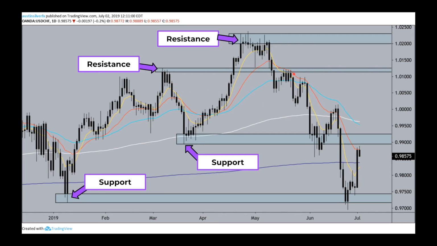You can see how these zones are used continuously, not once or twice, but more times than that, to show us the areas where price is going to be sensitive, where it's going to have issues breaking through. Now, at this point, you should understand the difference between support and resistance, and you should understand how the zones are important, but they are not the end-all be-all. They are not the reason we go jumping into trades, and they are not the only thing that's going to keep us from getting into a trade. They just need to be analyzed and taken seriously to the extent that they are one piece of your overall analysis.